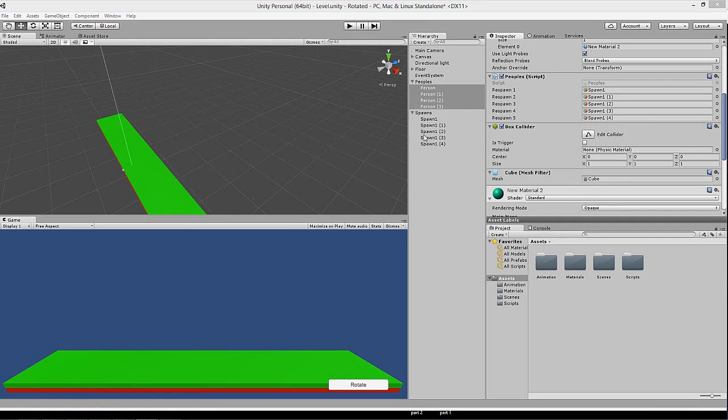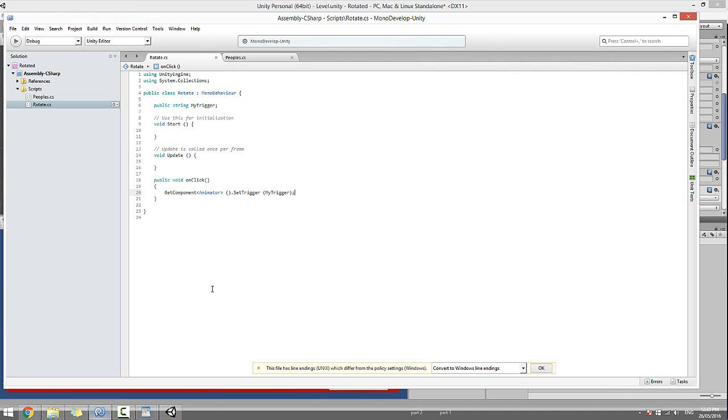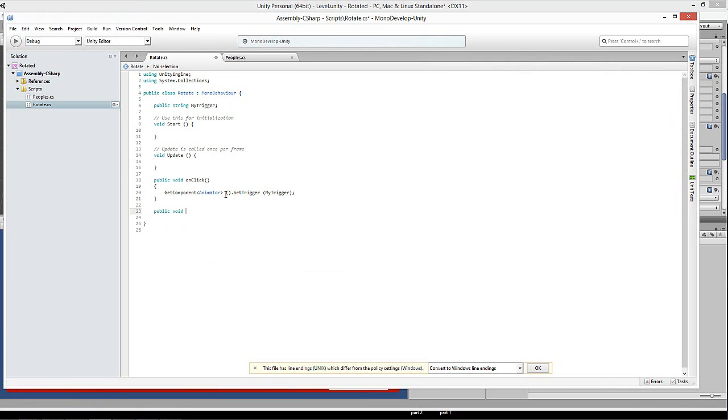So yeah, right. So what we want to do is make a collider. So we can probably do that with the same script that we've already got. The rotate script. We can just do a public void OnCollisionEnter. This has to be the same, OnCollisionEnter. And then on here we need Collision other. So this is where we're going to check if it's collided with something. So if what was that noise? Anyway,